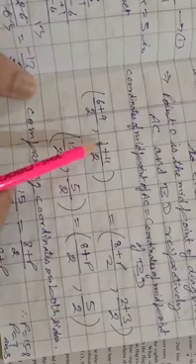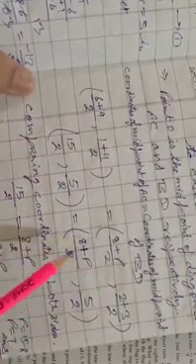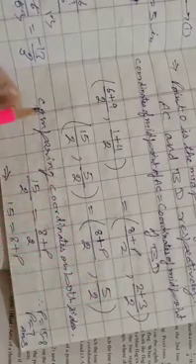Now 6 plus 9 is 15, so 15 upon 2, comma 4 plus 1, 5 upon 2, bracket close, equal to (8 plus P upon 2, 2 plus 3, 5 upon 2). On both sides, y coordinates are equal. Now comparing x coordinate on both sides, 15 upon 2 equals 8 plus P upon 2.